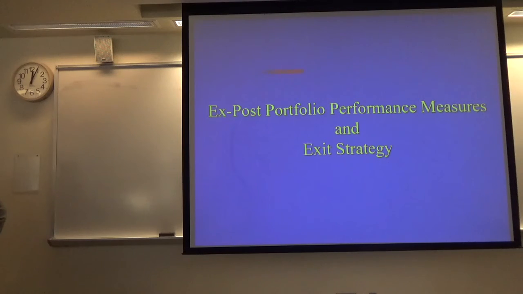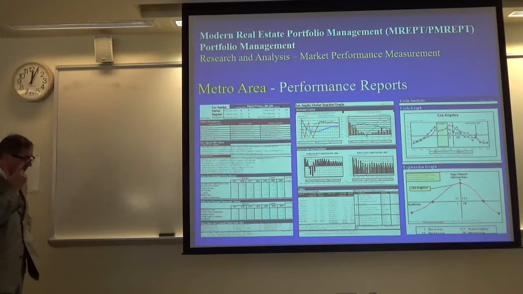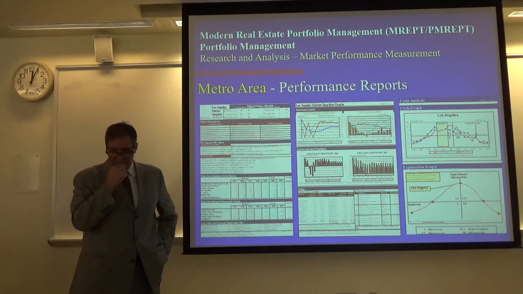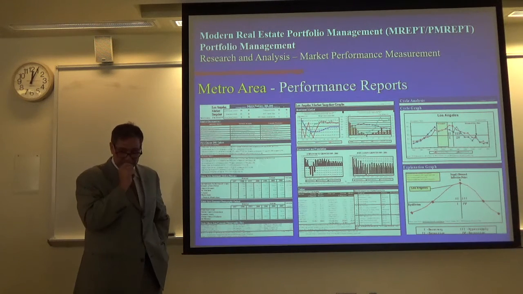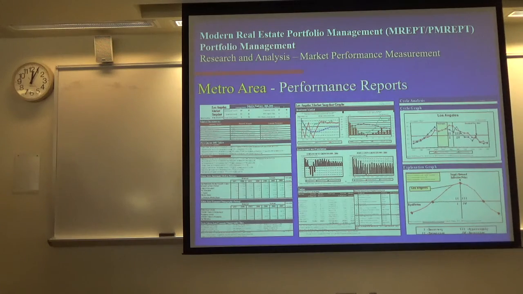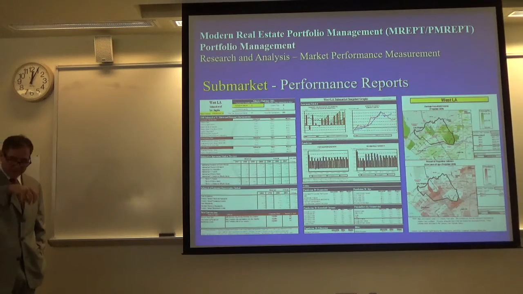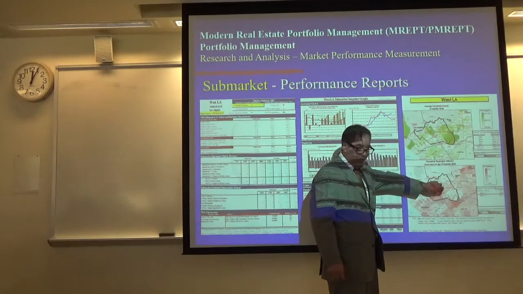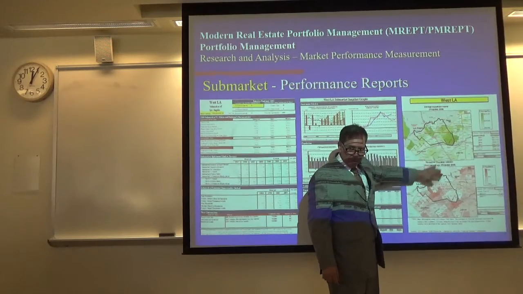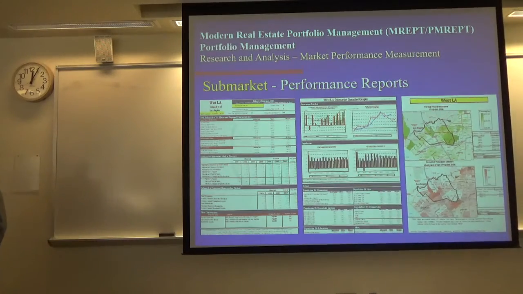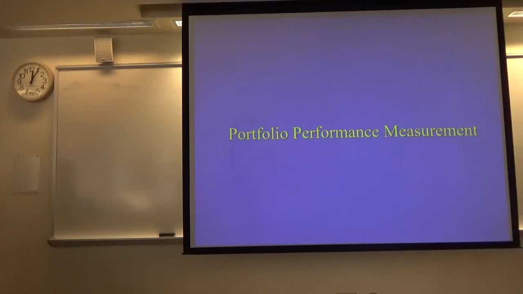Once you've built the portfolio, you have to start tracking it. And here are the tracking devices. These were basically the dashboards that were developed so that senior level management could monitor the performance of the market. These reports were published on a quarterly basis. There were not only metro level reports to track the performance of the markets, but also submarket and property level reports, where we looked at underlying fundamentals at the individual property level, so really a micro analysis. And these were produced biannually, and then the metro reports were done on a quarterly basis.